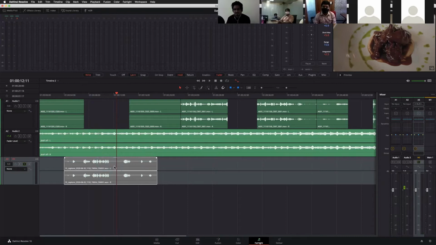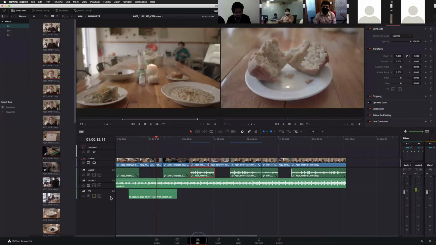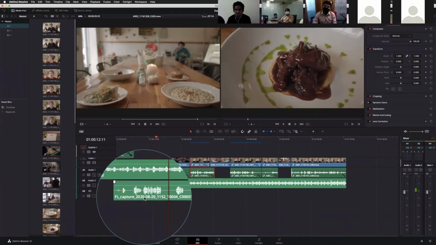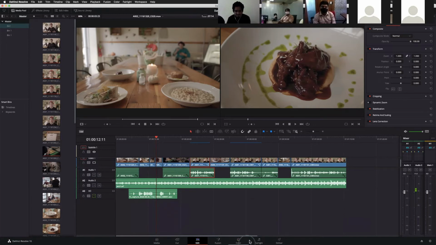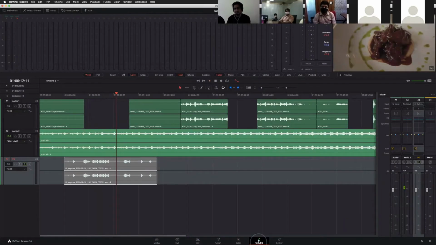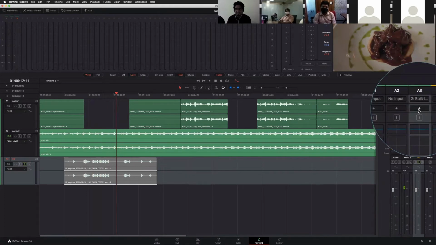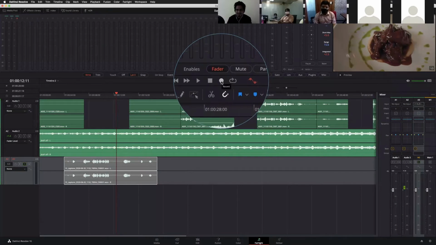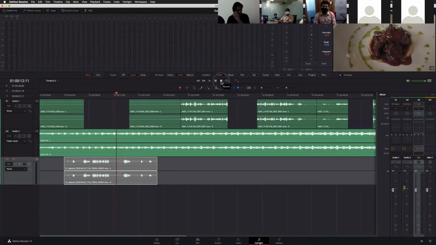Then go to the edit page, and here we have our voiceover track also. So it's very simple to record a voiceover with the Fairlight page. You just need to patch your mic to that particular track and go through the recording. That's it.